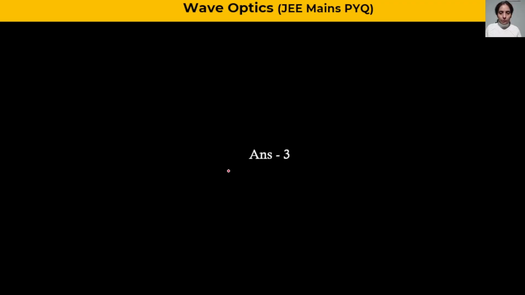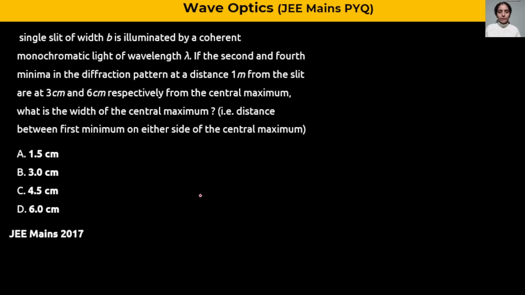It should be your C. You just needed to look at things carefully. Now let us look at this question. So question क्या कह रहा है? Single slit of width b is illuminated by a coherent monochromatic light of wavelength lambda. So हमारे पास single slit है, चलो यहाँ screen लेते हैं. And then if the second and fourth minima in the diffraction pattern at a distance of 1 meter from the slit are at 3 centimeter and 6 centimeter respectively